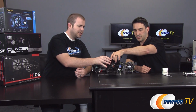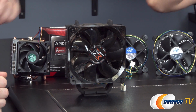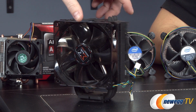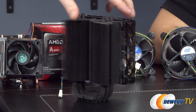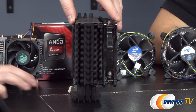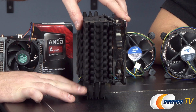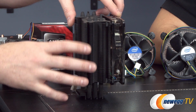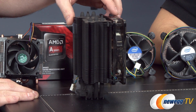Right over here. So this is the Sigmatech Dark Knight, a very popular cooler. This one's been out for quite some time, and this one's also been used, so it's a little bit dusty. But here is what's known as a tower design for CPU coolers. So the CPU would be down there at the bottom. These are actually copper heat pipes. The whole thing has this coating